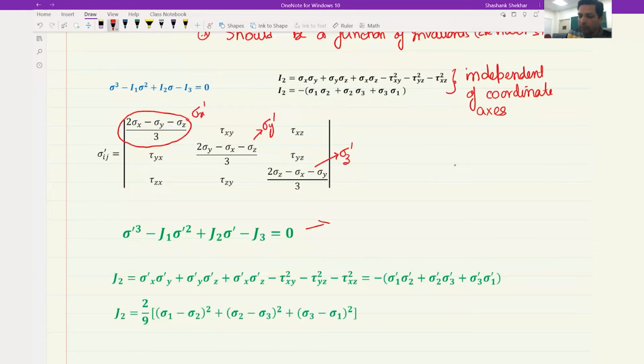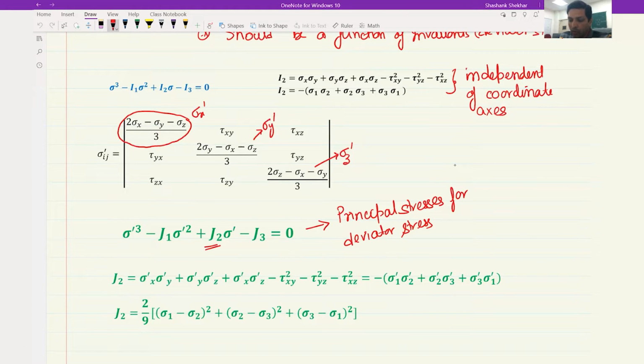So this would give you the principal stresses for deviator stress, where J2 is the one that we are interested in. So J2 going from this previous equation would have this form, and I've already written the equation so that there is no error when I'm writing it down. So J2 would look like this in terms of sigma x, y, z, or in terms of principal stresses, it